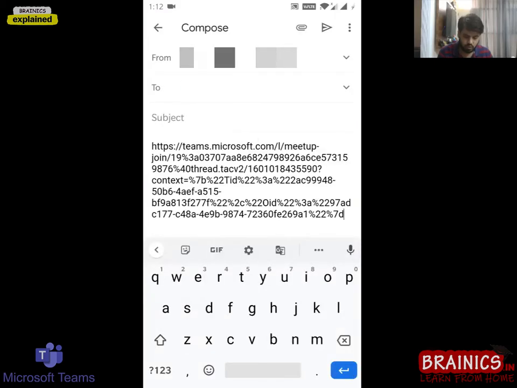In the to address, I have to enter that Gmail address or any email address which is currently logged in on your laptop, so that as soon as I send this link, you can open that email on your laptop and access this link. You just have to click on this link. You don't have to do anything else.